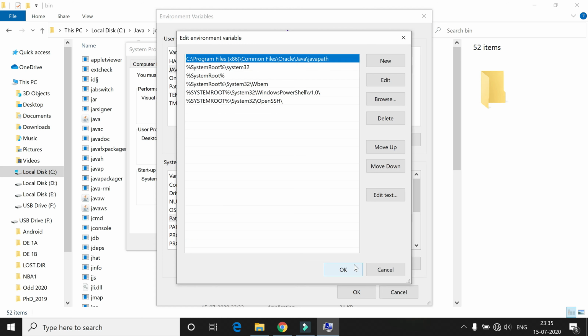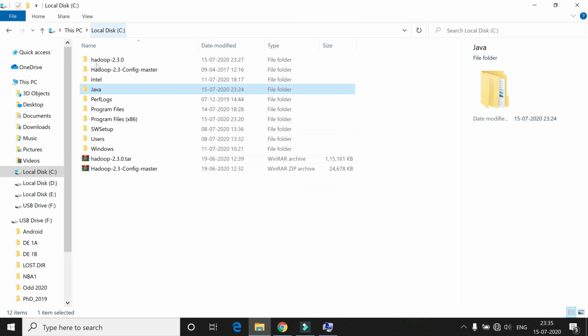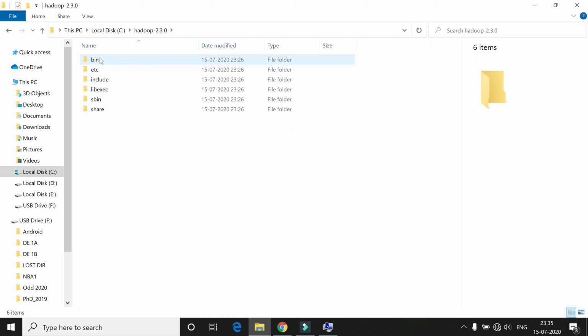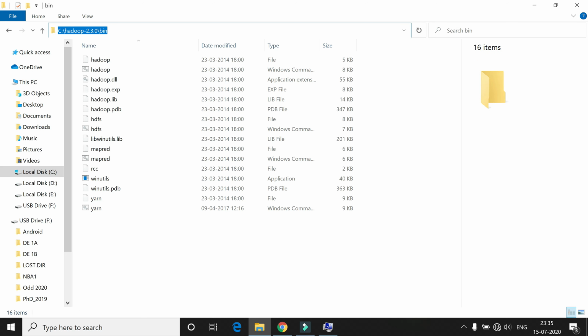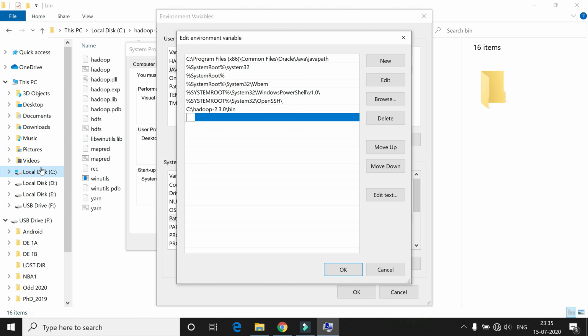Then go to the system variables and click on edit path. Click on edit, then click on the new button. Here you first have to give your Hadoop bin path. Copy the bin path of your Hadoop, click on new, and paste it here. Then once again click on new, and second you have to give the Java bin path.